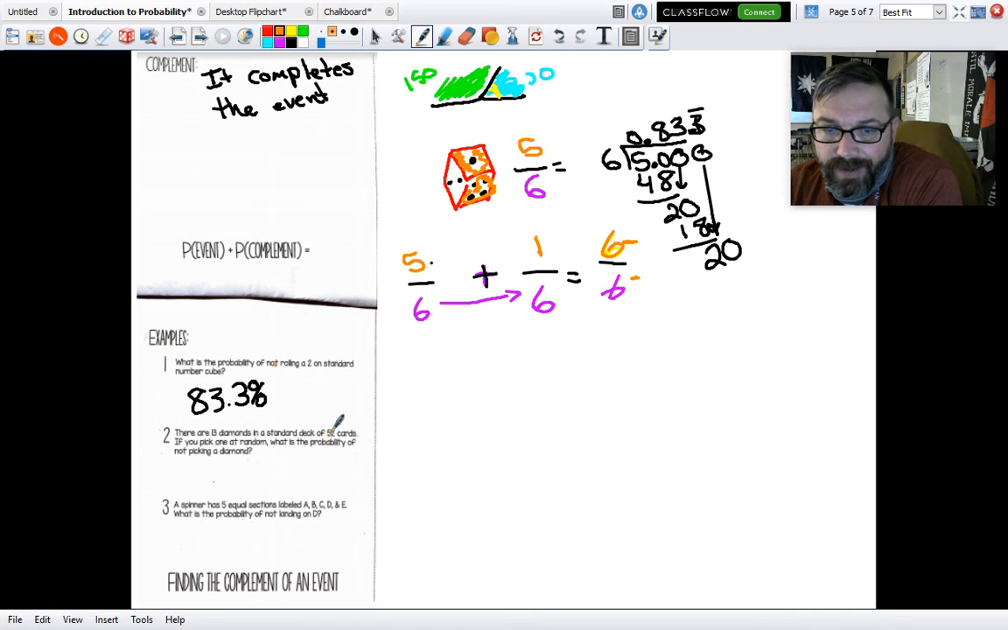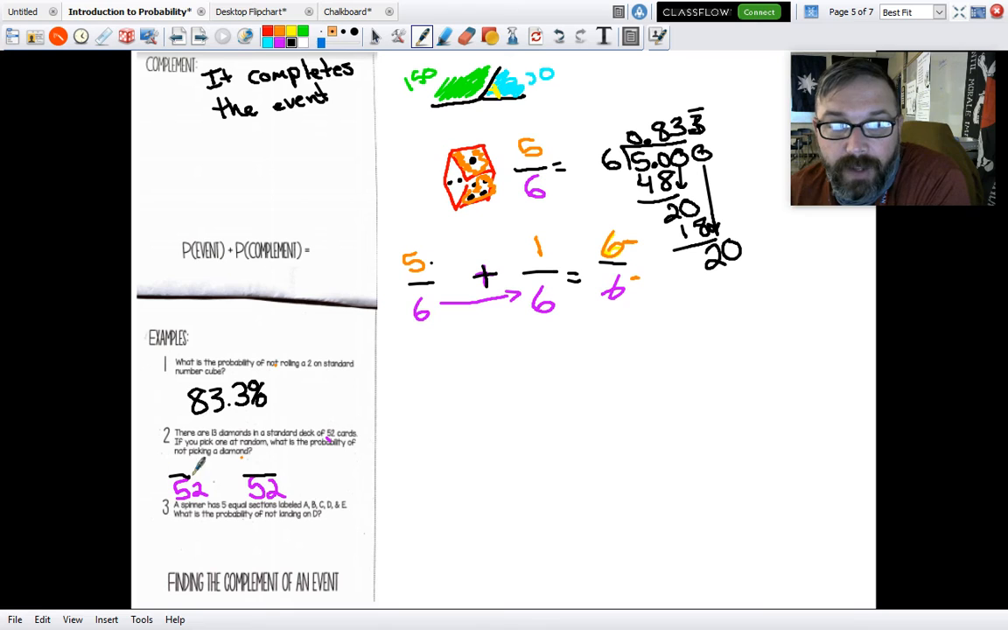There are 13 diamonds in a standard deck of 52 cards. Fair enough. We've talked about decks of cards. If you pick a card at random, what is the probability of not picking a diamond? Well, let's look at this as if we were finding the actual complement. We know there are 52 possibilities in a standard deck of cards, and there's going to be 52 possibilities of not finding